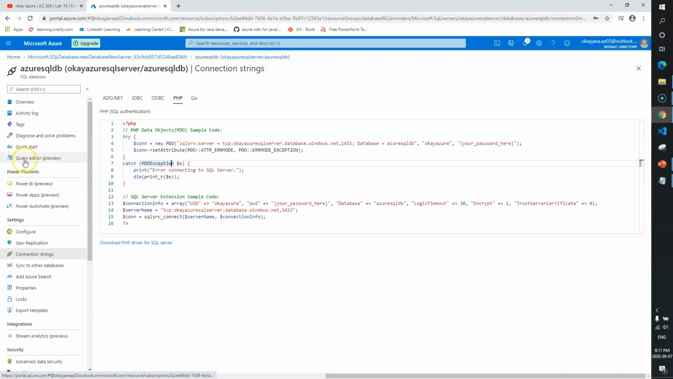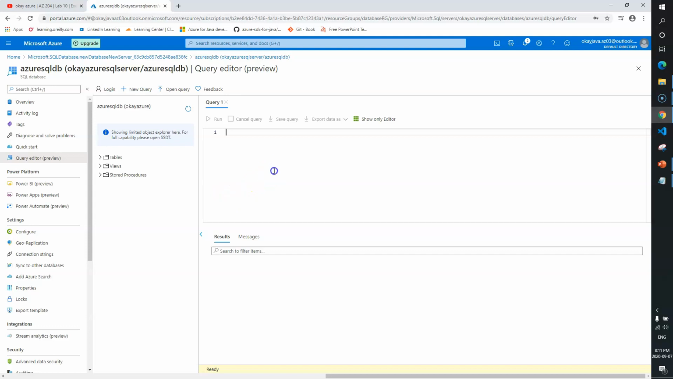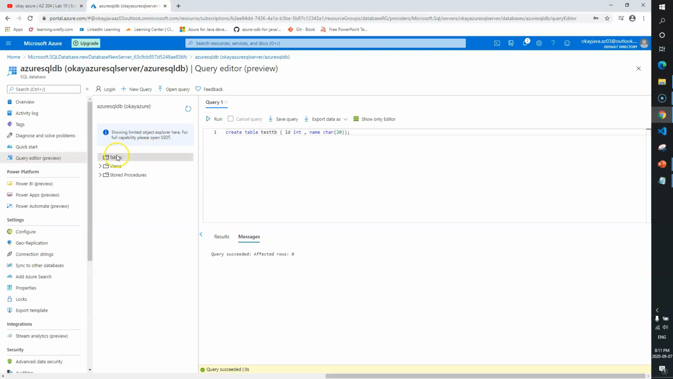Now let's go to the query editor. Let me log in. All right, now if you see here, we have tables, but there is no table, nothing is there. So let's create one table. I'll create a table and call it test TB. Then I'll create an ID, which is int type, and a name, character 20. Yeah, run. So this particular SQL will